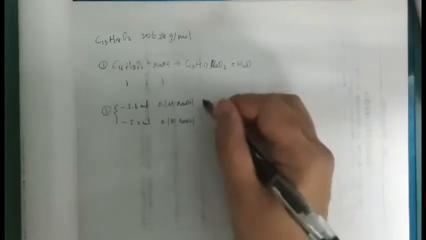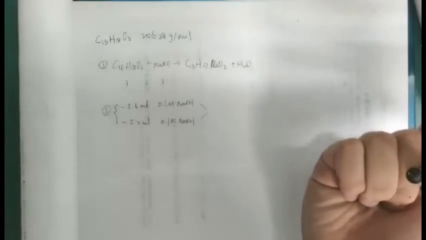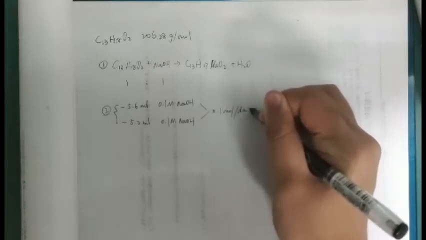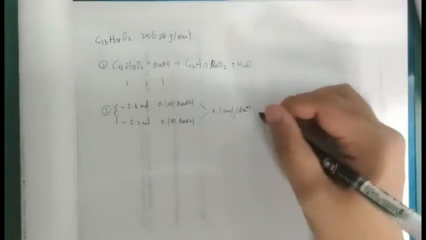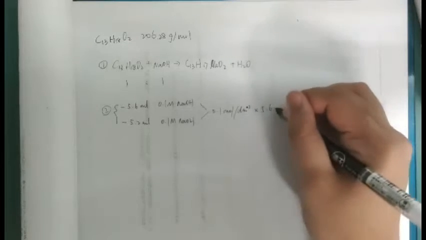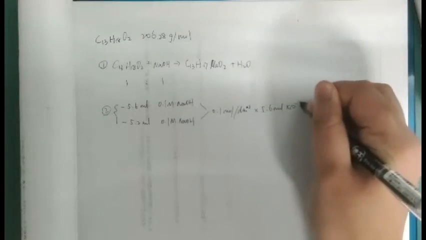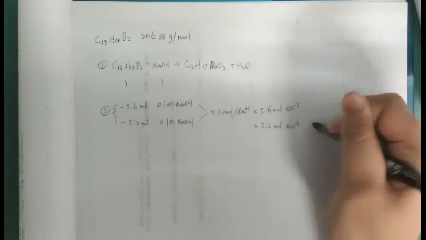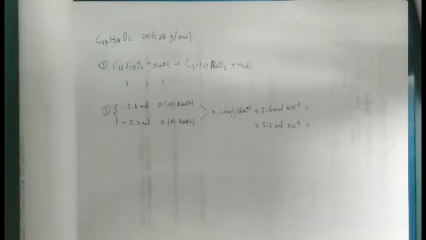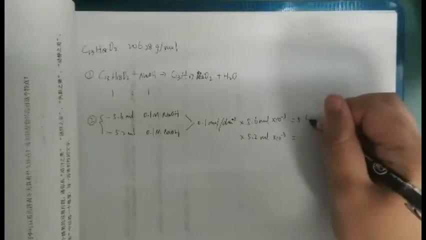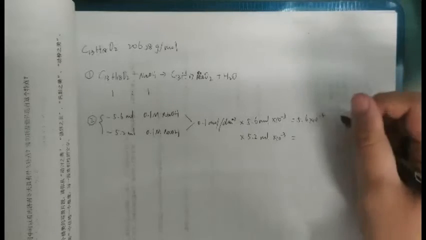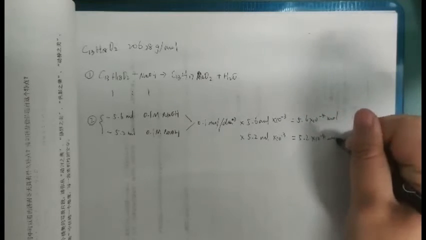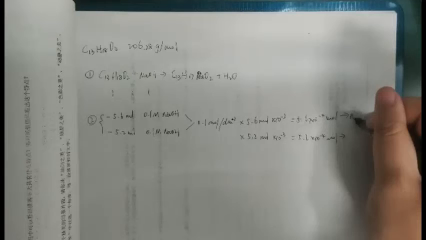In this case we can get the moles of NaOH we use, which is 0.1 mole per dm³ times 5.6 milliliter times 10 to the power of -3, and times 5.2 milliliter times 10 to the power of -3. Each of them equals 5.6 times 10 to the power of -4 mole, and 4.2 times 10 to the power of -4 mole. So both of them are for NaOH